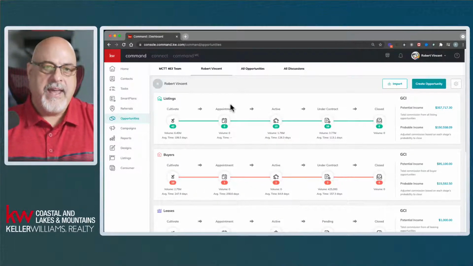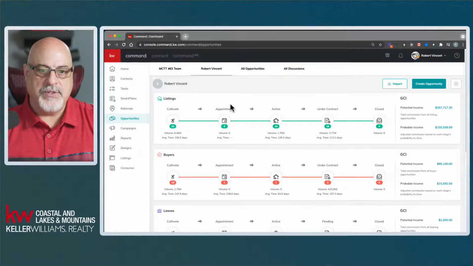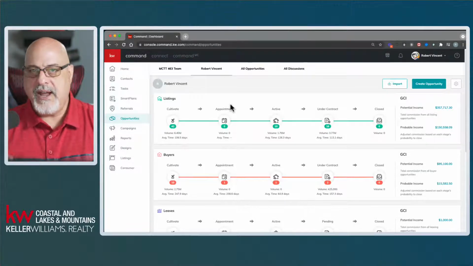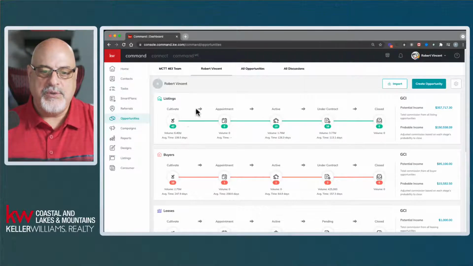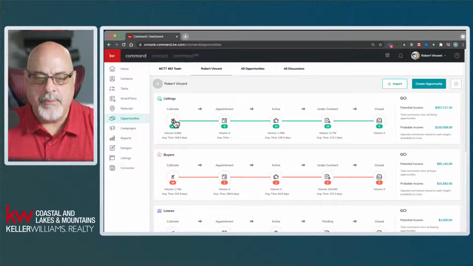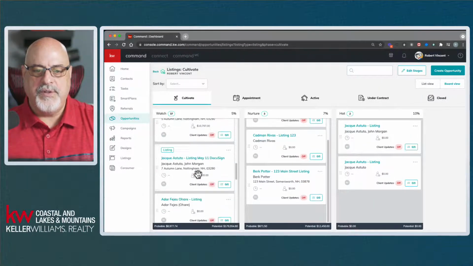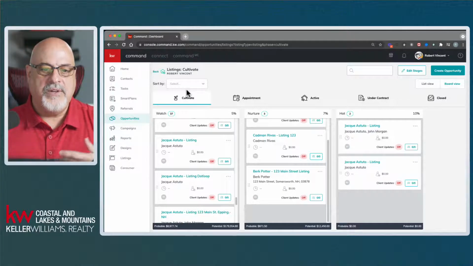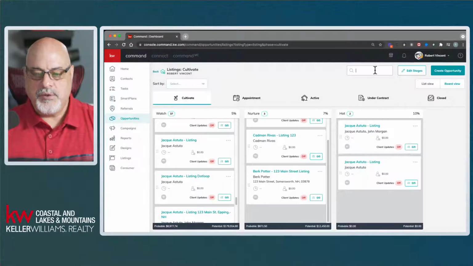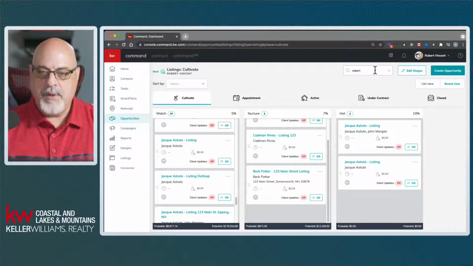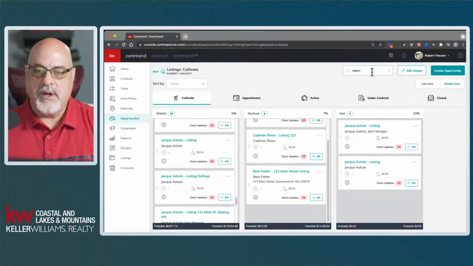One of the things that you can do on this screen, and I've set this up for several agents, is use this as a dashboard without having to dig in. Say I'm going to my opportunities area, looking for a particular opportunity. I can go to cultivate over here and I've got all this stuff. I have to slide through all these different things. I could do sort by, I could even do search and search for Robert. But the reality is doing all of this work here,